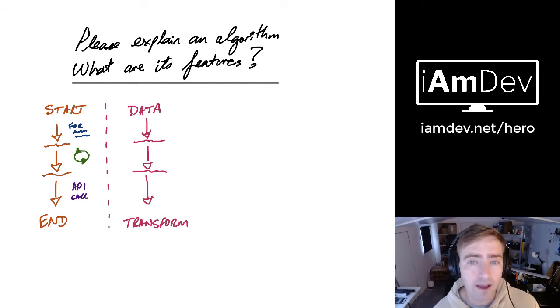And in fact, another way is you might get a number, an integer, that you have to display on the screen, and to display text on the screen, it needs to be a string. So you would transform that integer into a string. So that's just a simple algorithm example, but that's the basic idea.